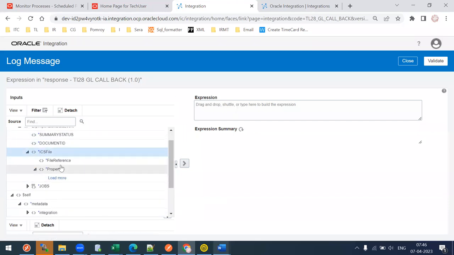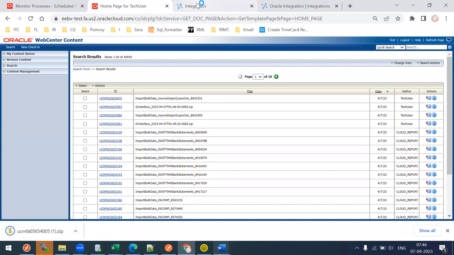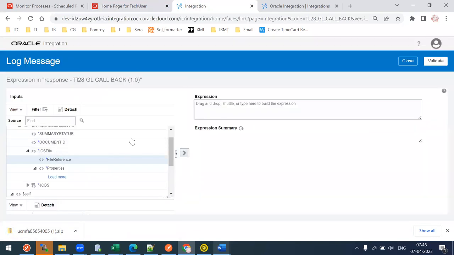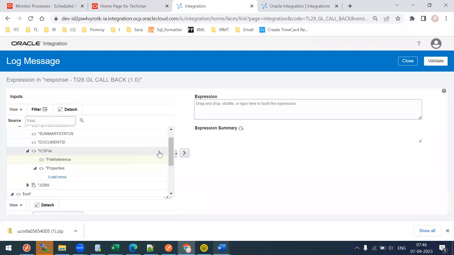Properties: this is a file reference. It's nothing but your zip file. When you click on this, it will download a zip file, right? This is nothing but your file reference. When you drag and drop, the attachment will be added. And followed by